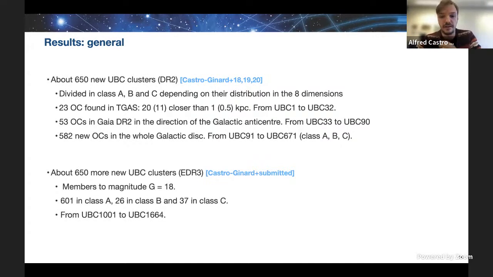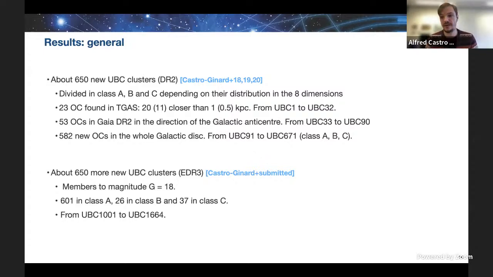Right? Then the second paper that was DR2 focused on the galactic anticenter. And then the third paper that was on the whole galactic disk. Okay, and then this is something surprising and new. The paper is still under the referee process,